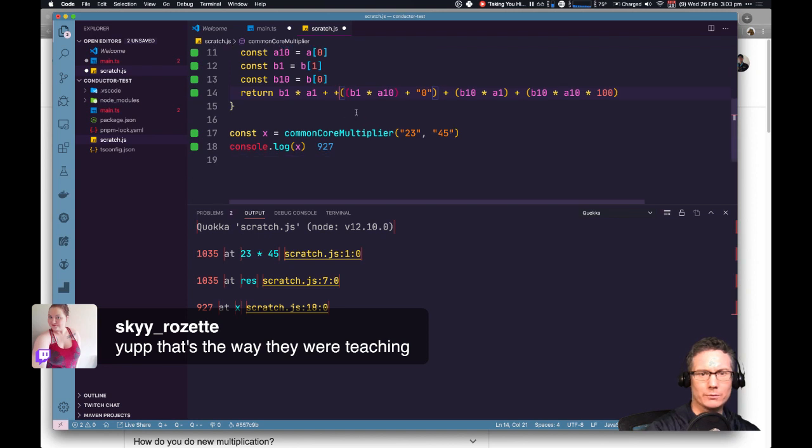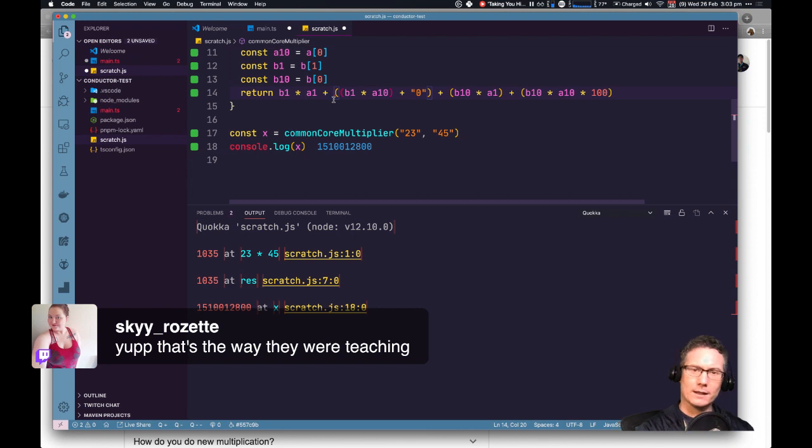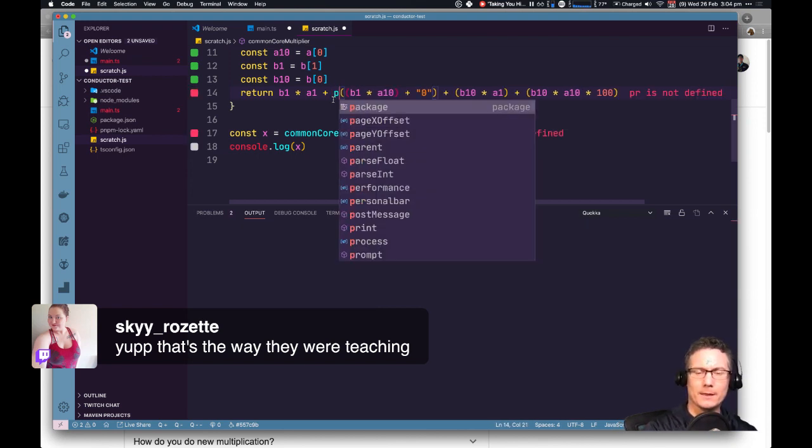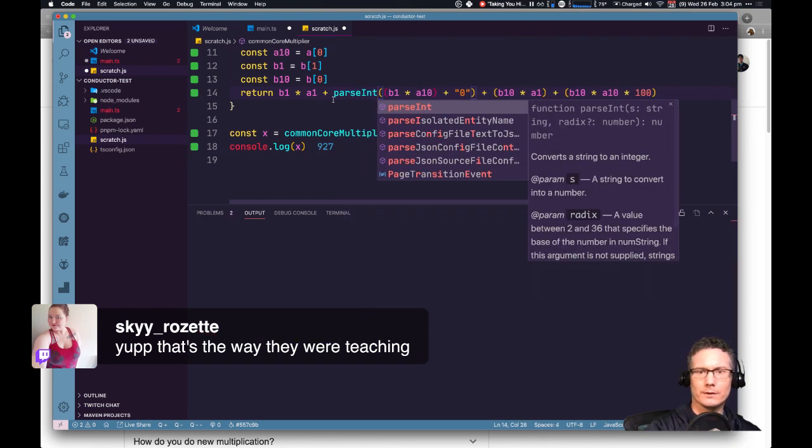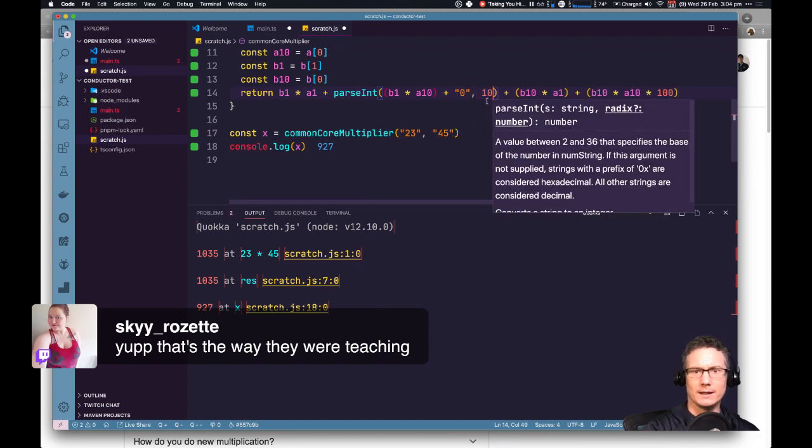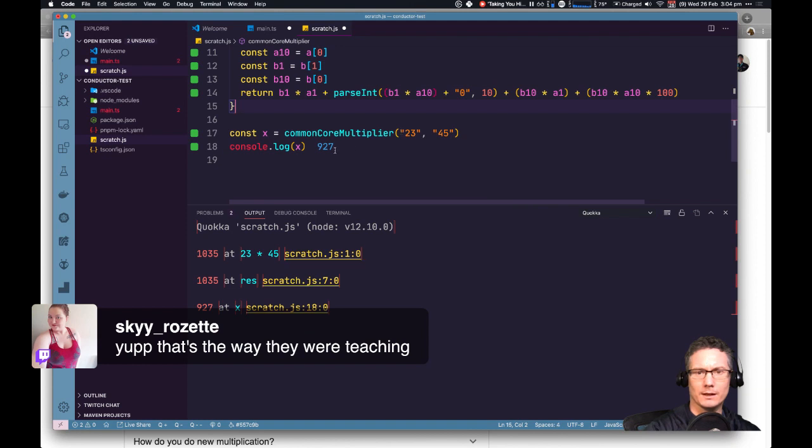Nope, that's changed the result. That's definitely changed the result. In that case, what do I use? ParseInt. Like that, and then base 10.